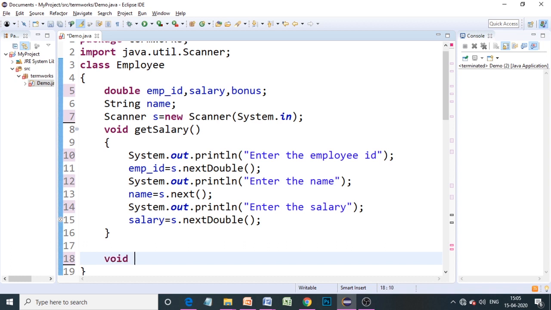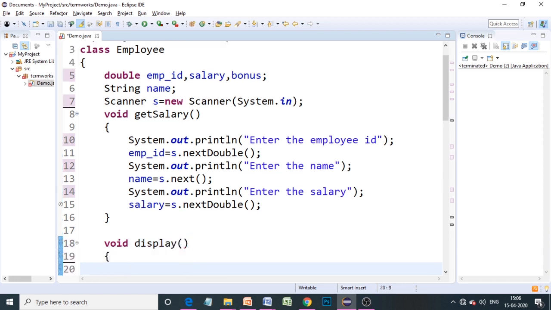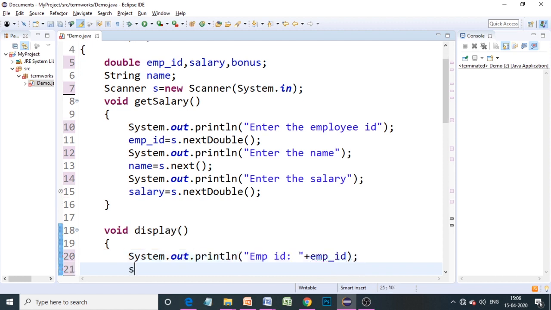So for that, I will write a display method in which I'll be writing the statements which can fetch all those values from the variables. For that we need a lot of System.out.println statements. Here I'll print "employee id is", which is present in the empId variable, or we can call it a data member. Always we have to call them data members, not variables, whenever we talk in terms of object oriented programming.